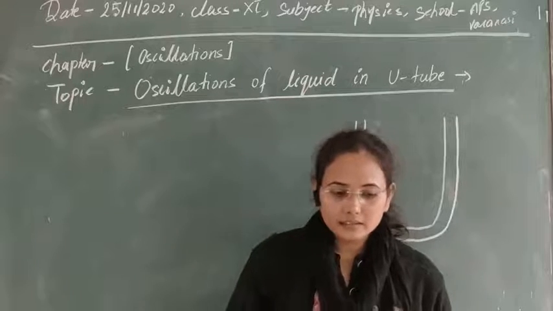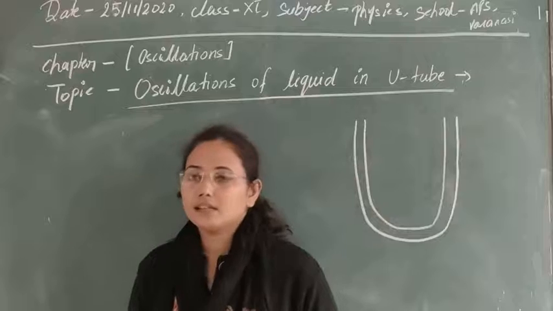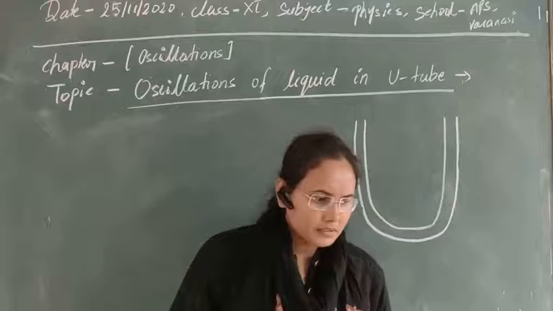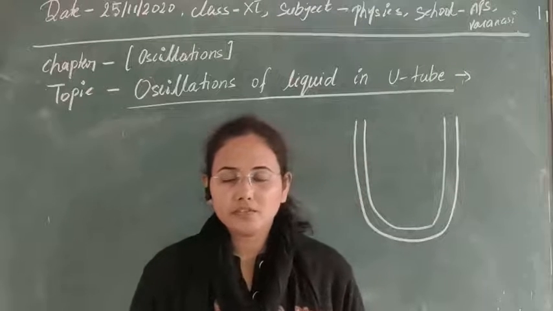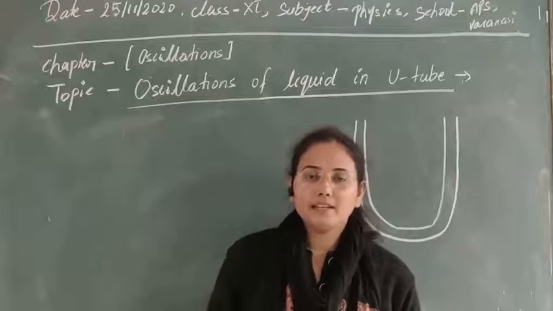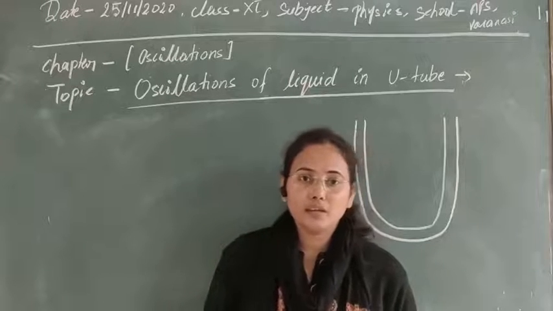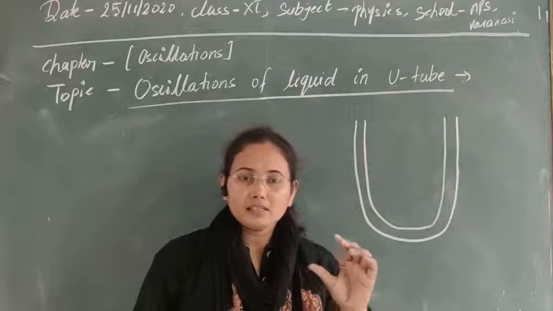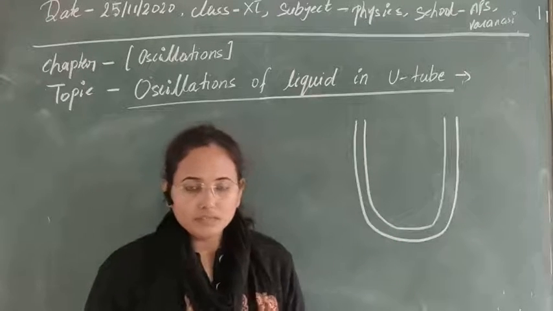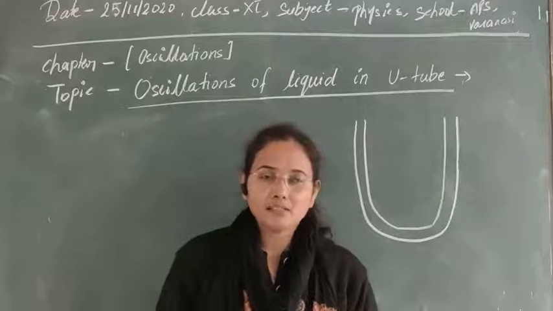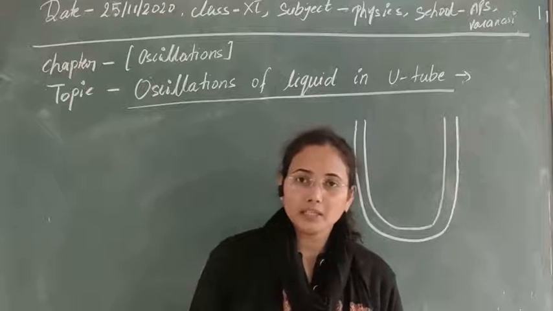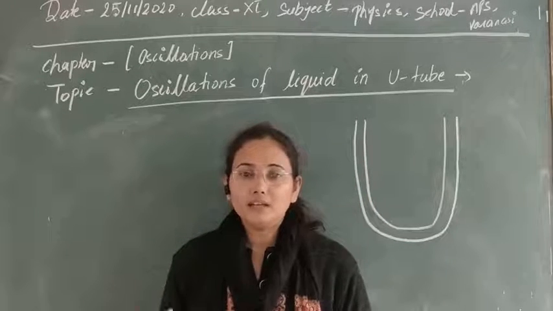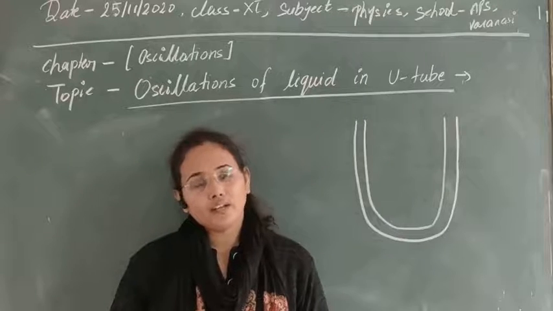Yesterday we saw the case of oscillation when we take combinations of springs. We saw three cases in the combination of springs: when we join two springs in series, when we join two springs in parallel, and when a mass is sandwiched between two springs. We also discussed, in general form, what the total spring constant will be when we join a number of springs in series or in parallel.